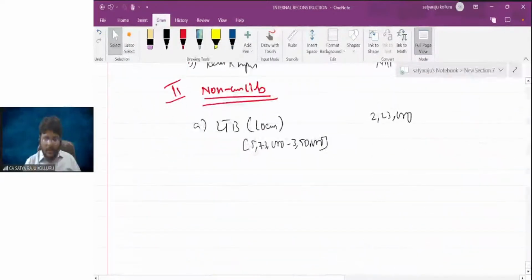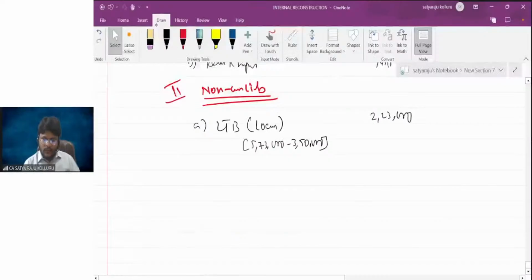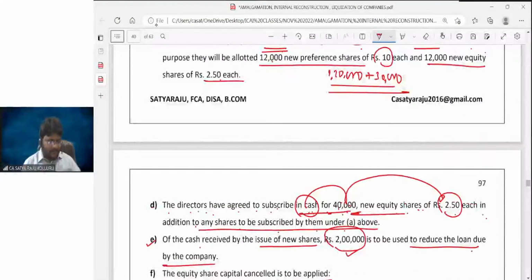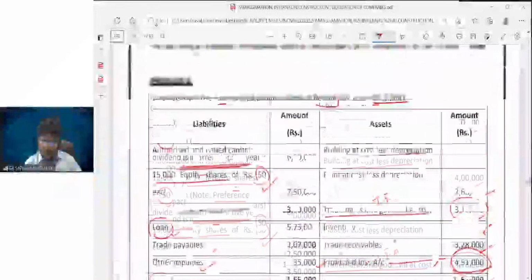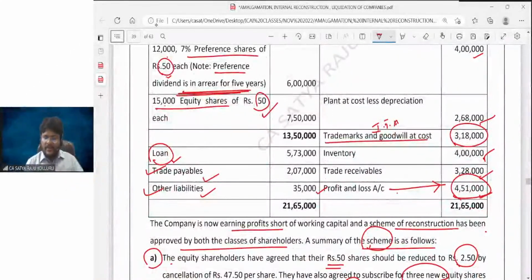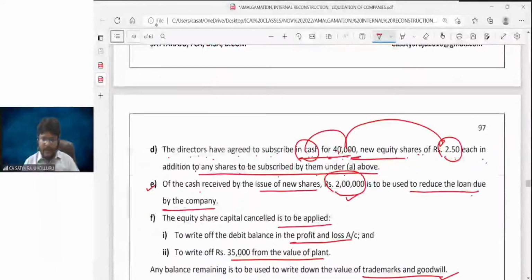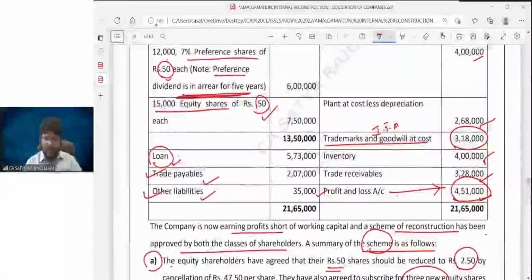Yeah, sometimes it happens. Don't worry. Sir, what else? What are all the other situations, guys? Quickly, please, all of you, let me know what are all the other situations. Go to the balance sheet here. Sir, trade payables and other liabilities. Is there any change for the trade payables? Anywhere we touched? No way we touched the trade payables. Am I right? So you can consider the trade payables figure as it is.